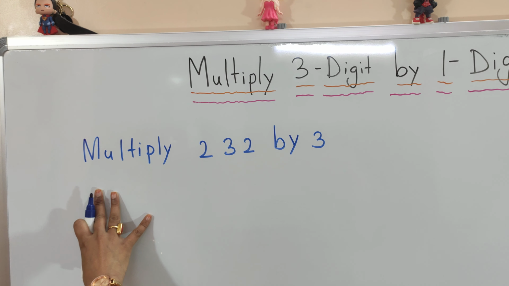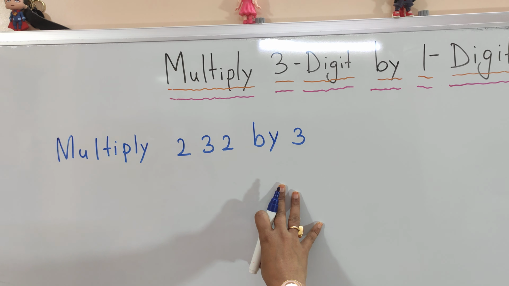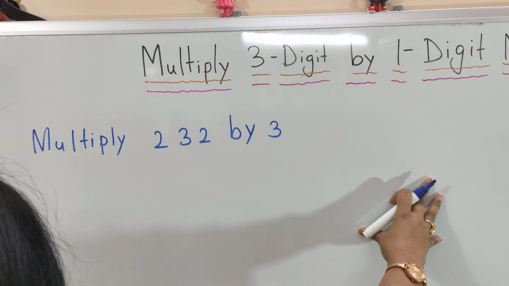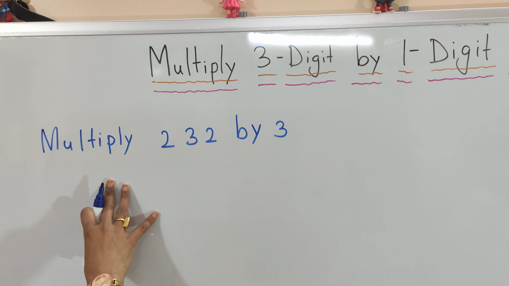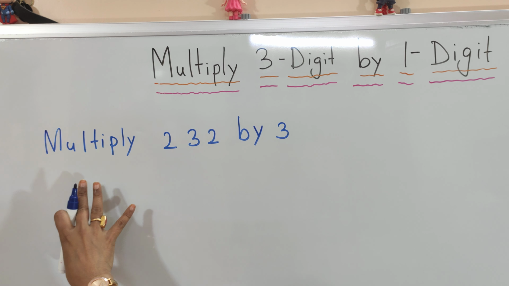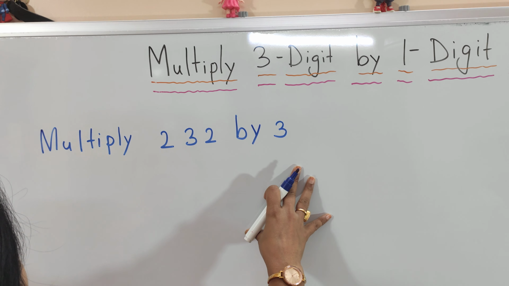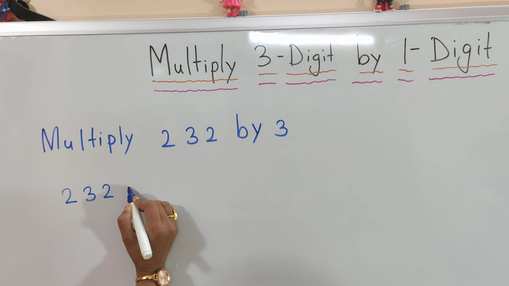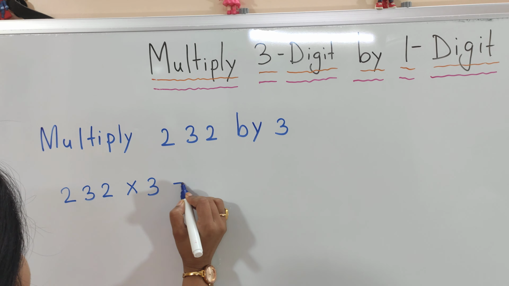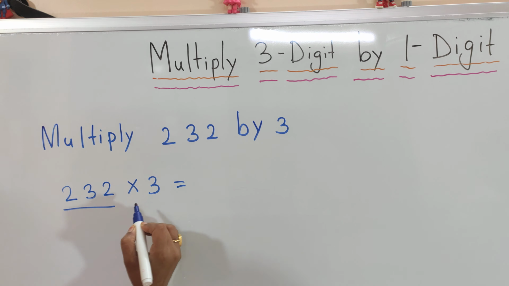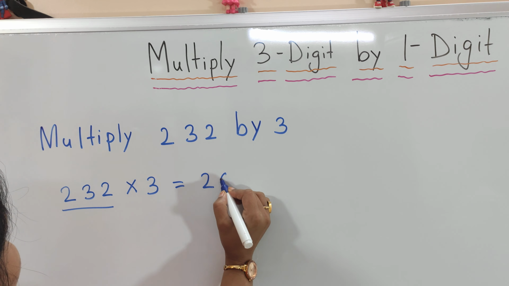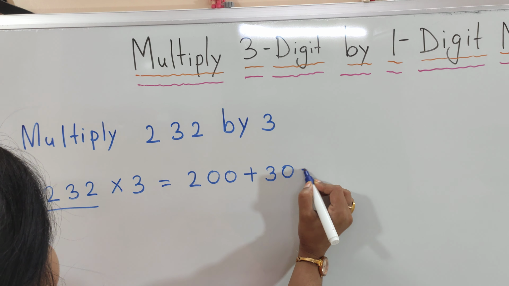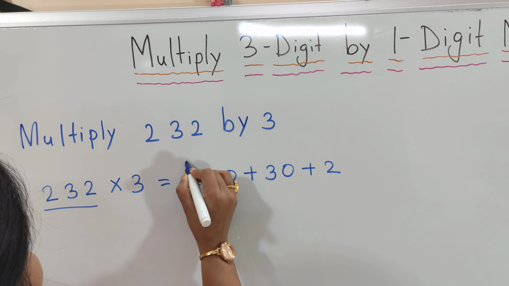One by using the expanded form of the multiplicand, and the other method I will show you multiplication using the short method. So first let me show you the first method, that is using the expanded form of the multiplicand. So 232 times 3, we will expand 232 first. So 200 plus 30 plus 2